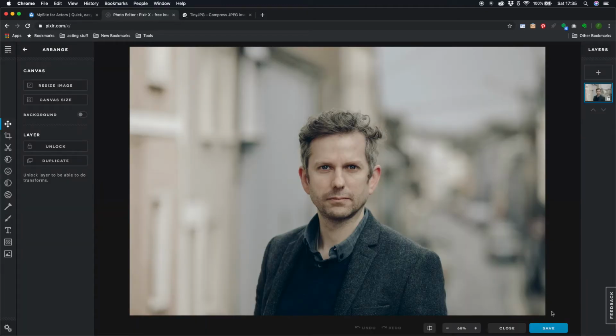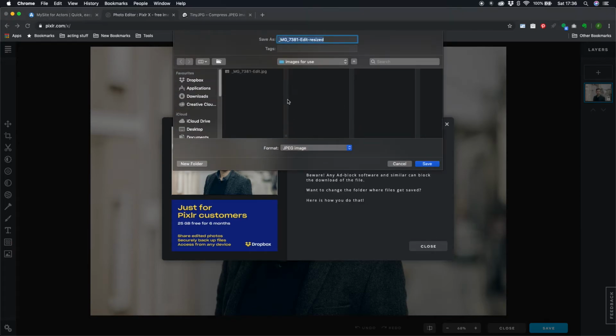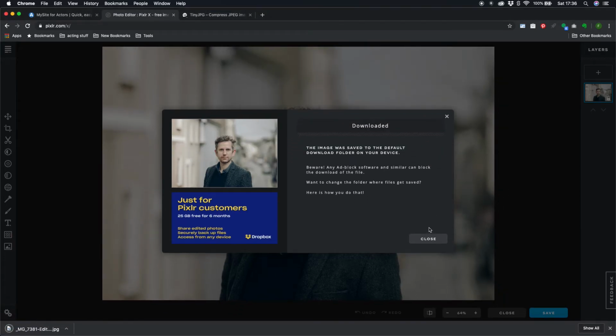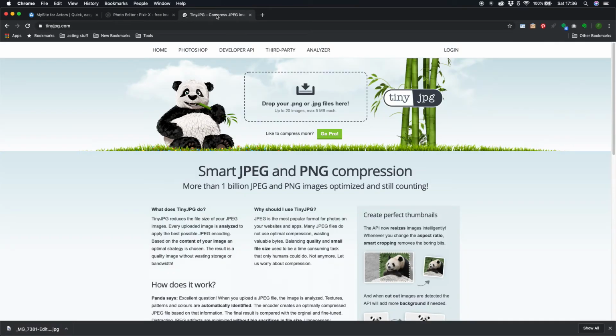Once that's done, you just save the image to your computer. I'm going to rename it here to resized. And you can leave the rest of the settings as they are. I'm going to leave it on the default of high quality here. That will give us a still quite large file size of 324K, but we will deal with that in step 2. So we will download that, save, perfect. So now we can go to step 2, which is another website called